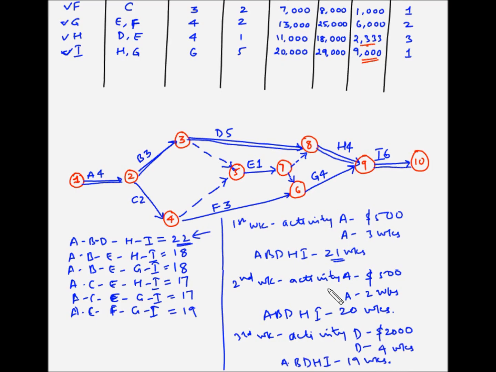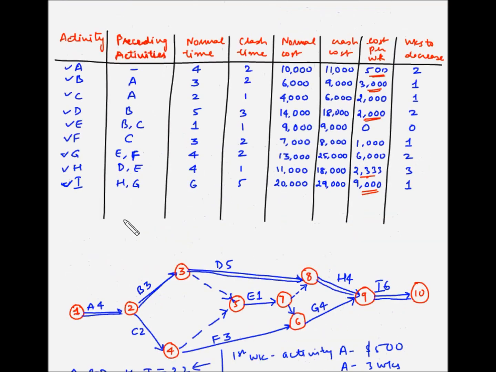So the first part of the second question was to shorten the project by 3 weeks, which tasks would be shortened? So it is A and D. And the next part is what would be the final total project cost? So let's find that out. So activity A, we have crashed it completely by 2 weeks. So the new cost is $11,000. So new project cost is equal to